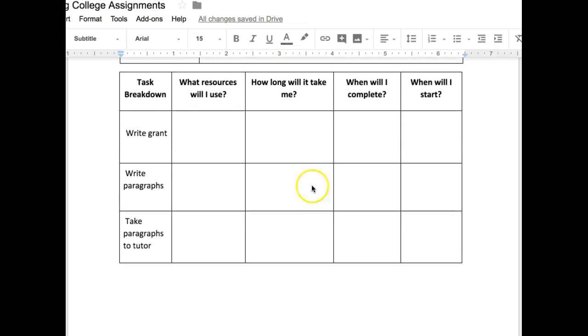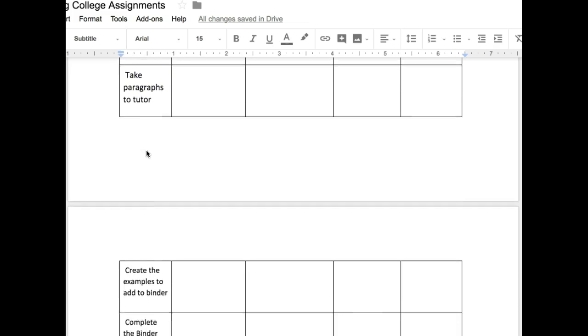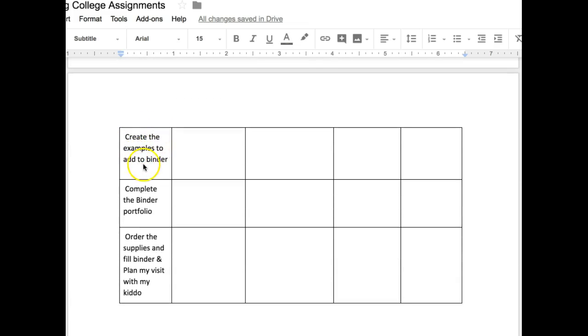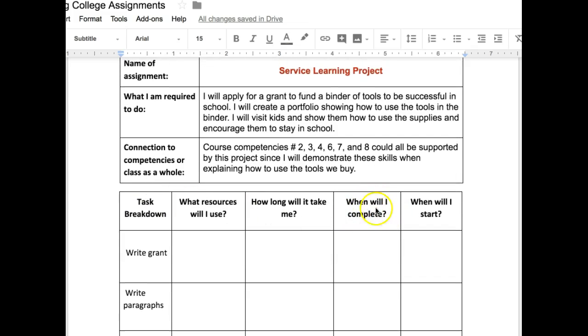I've also written what the task breakdown is. First I have to write the grant with the group. I have to write paragraphs. I have to take those paragraphs to a tutor. I have to create the examples and add those to a binder and then complete the whole binder. After that, I need to order the supplies. Hopefully we get the money from the grant, and take those and fill the binder and then plan my visit with the kiddos. But right now I'm really concerned about completing the binder portfolio, because